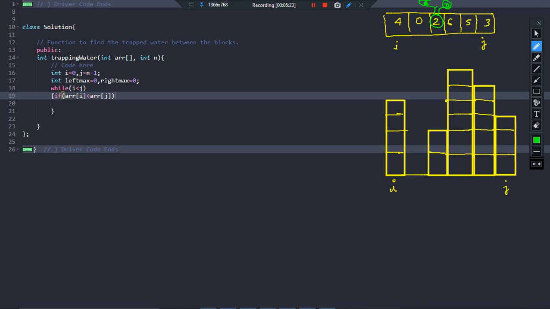So basically I will be comparing if array of i is less than array of j. Here array of i is 4, array of j is 3. This is a longer tower. So it indicates that I should focus on the smaller tower. Why? Because for a smaller tower it becomes easier. If array of i is less than array of j,